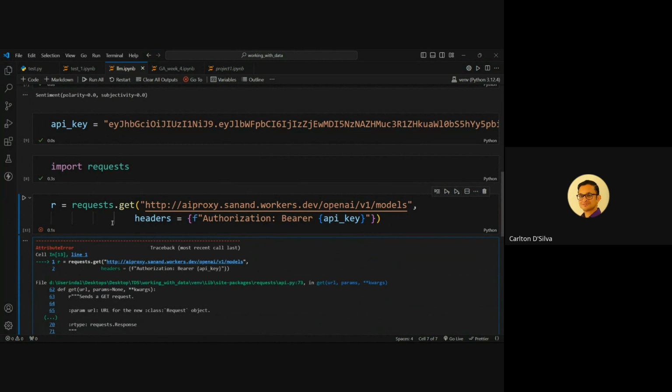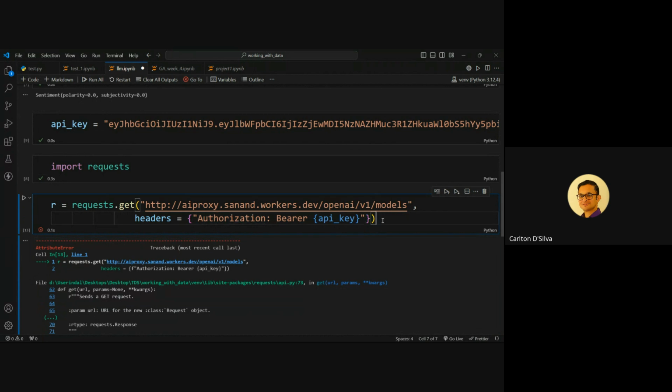Authorization. Okay. Right. So there's another mistake. Look at authorization: remove the f in front of it. Authorization is a key. Headers are a key value pair, like a dictionary. That's exactly how headers work when you're doing requests.